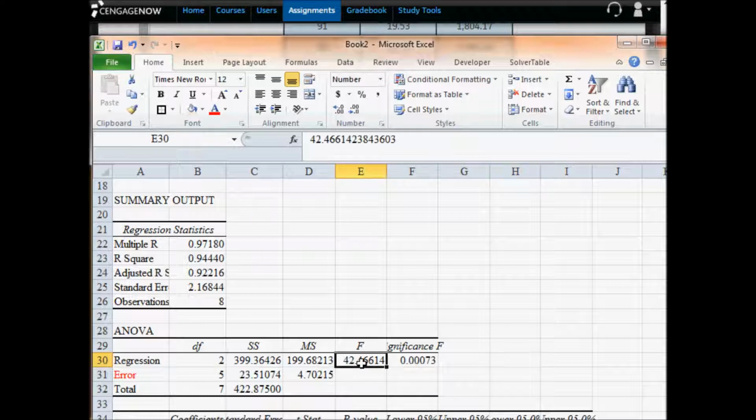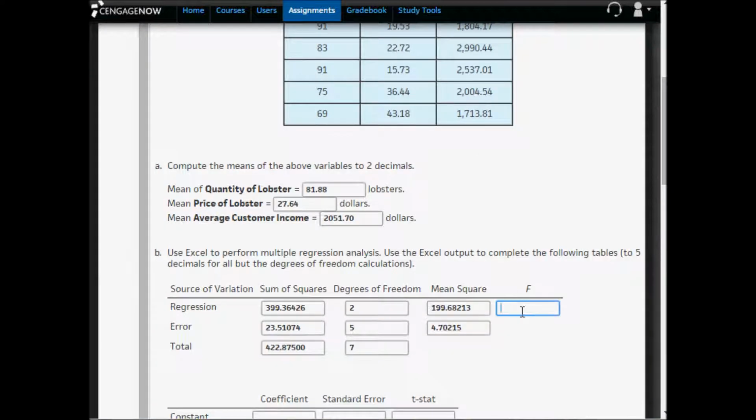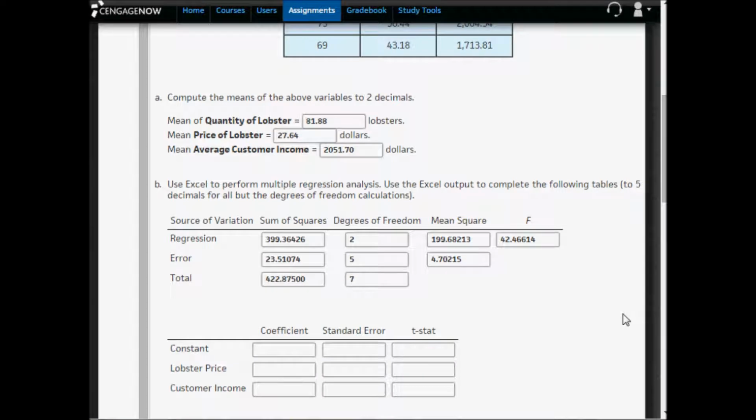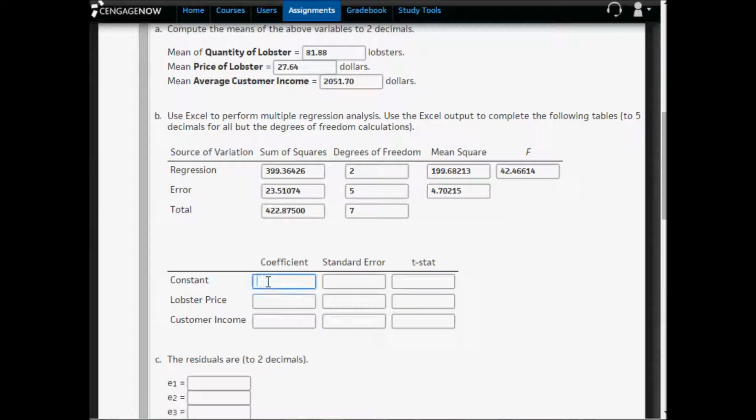Okay, so I need to copy the F-stat into my Anova table in Cengage Now. My Anova table is now done. I can go fill in the coefficient table. In the coefficient table, I have B0, B1, and B2. B0 is the intercept or constant. B1 is the slope coefficient for the variable lobster price. And B2 is the slope coefficient